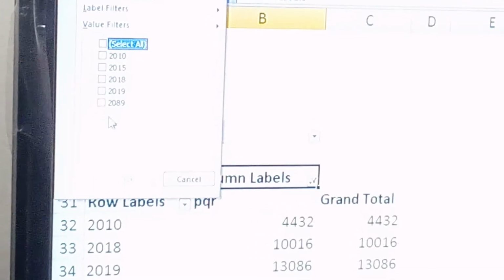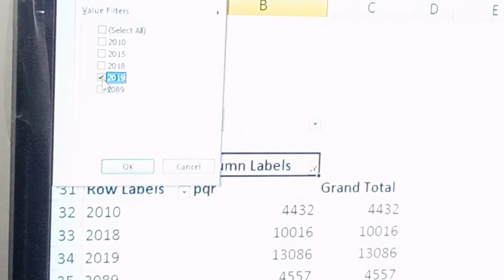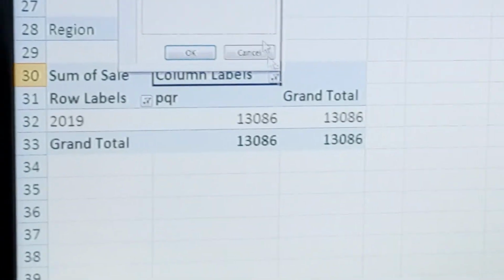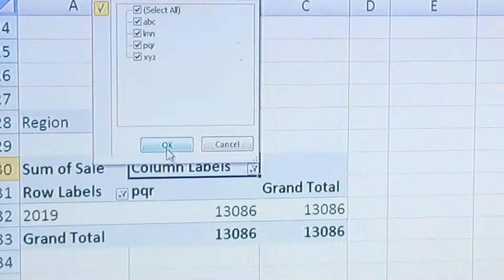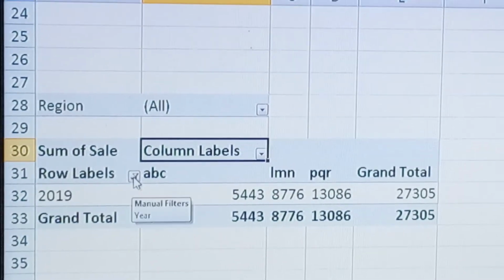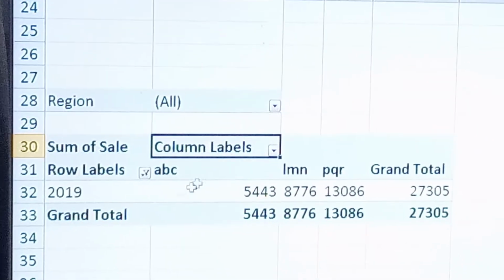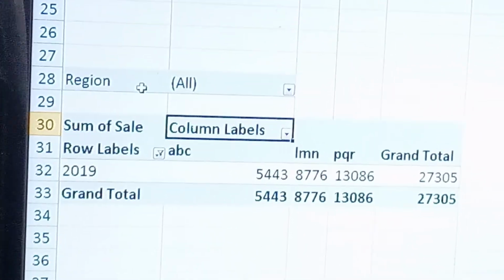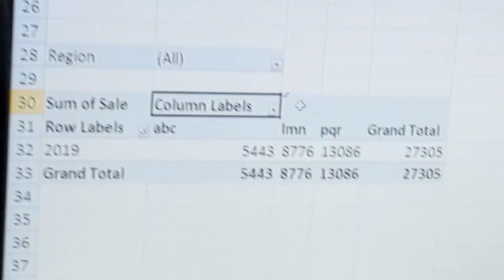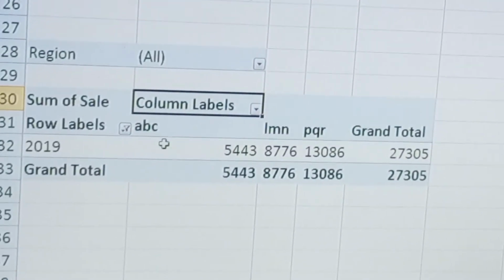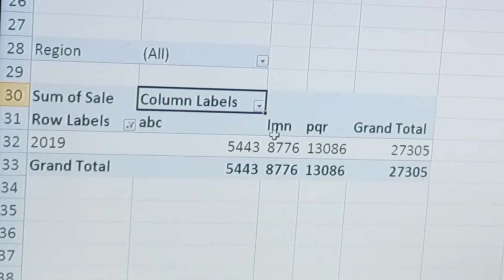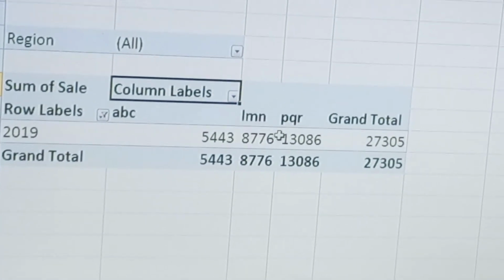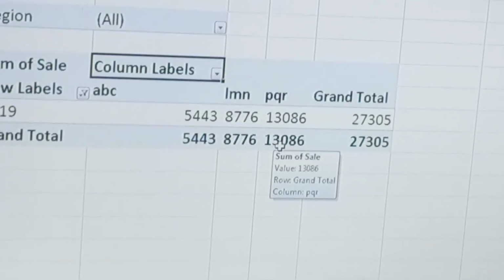Suppose you want to find the 2019 sales of all regions of all employees. It shows the 2019 sales of all regions of all employees. There are three employees: ABC, LMN and PQR. ABC this, LMN this and PQR this.